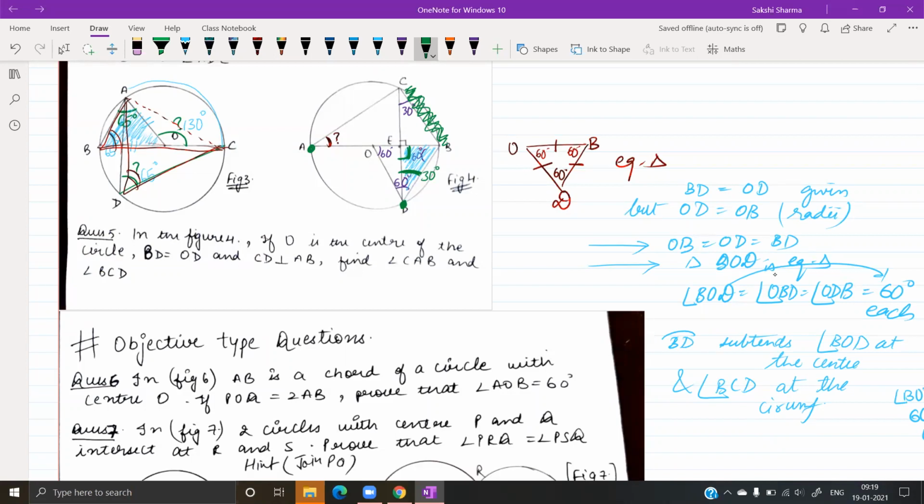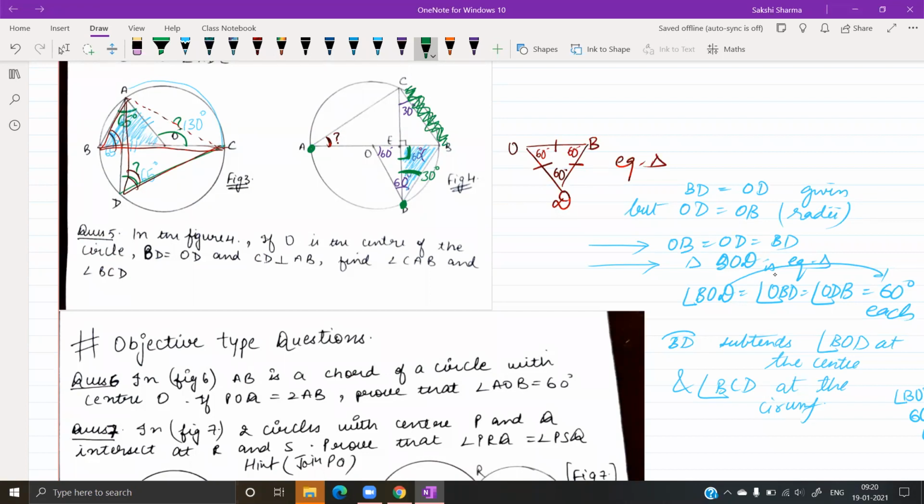Taran, in order to prove, you will have to show that CD is actually bisecting angle BDO. First of all, you'll have to prove that. आपको प्रूव करना पड़ेगा कि वो बाइसेक्ट कर रहा है, उसके बाद आप फिर वो 30 डिग्रीज लिख सकते हो. You cannot assume it. In an equilateral triangle, the perpendicular is the angle bisector, so yes, you can write that and proceed with your way.